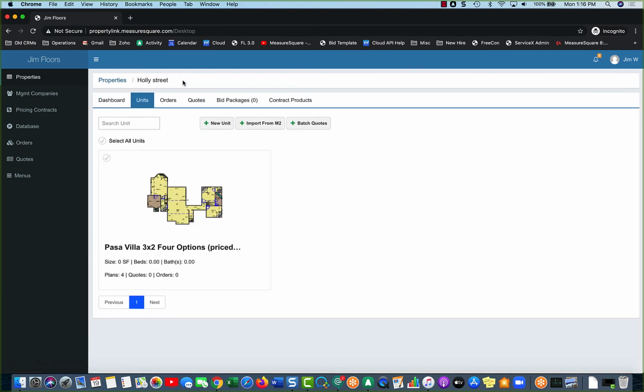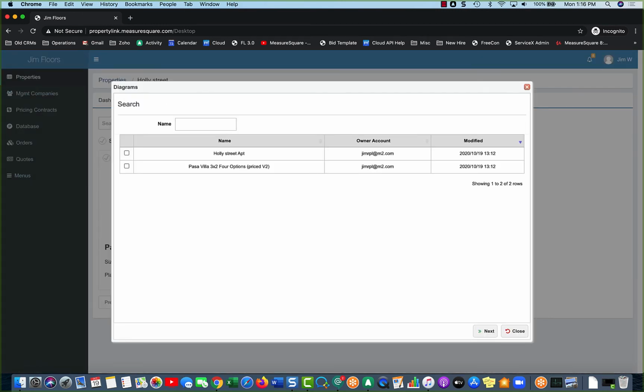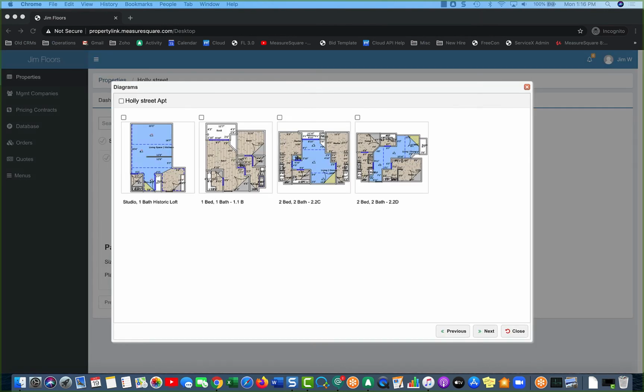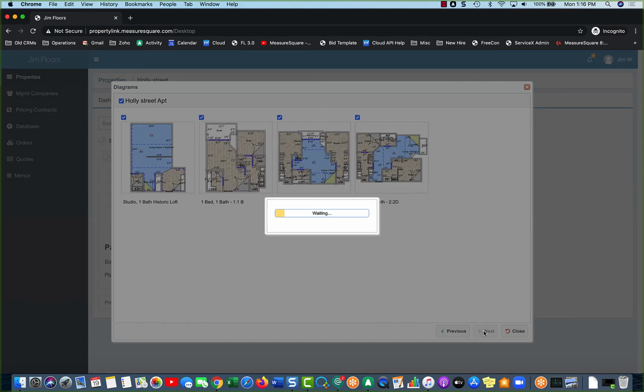So I'm going to go back into units, go back into import from M2. And we're going to select the Holly Street for this example, hit next. All right, and so now you can see the difference with this one. Clearly these are 4 different units, but they're all from the exact same project file. So now I'm going to select all of them again, hit next,